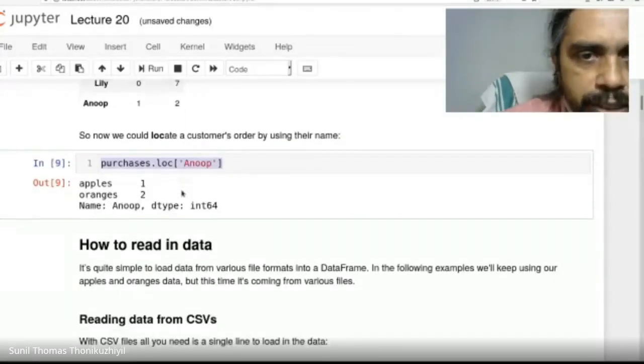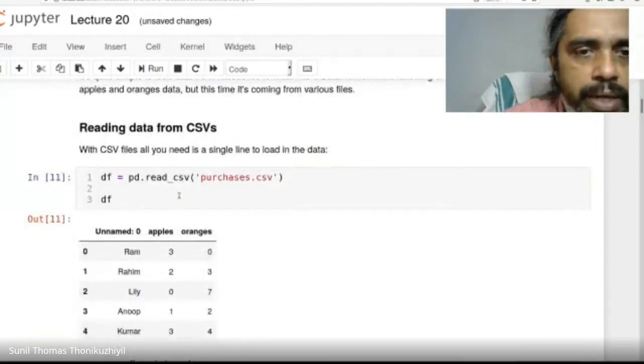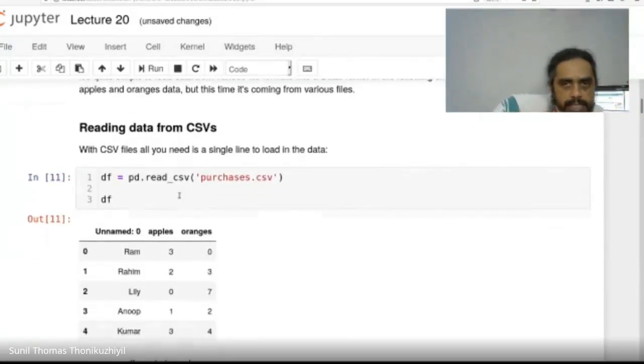Now, secondly, we looked at CSV files, or comma separated variable files. CSV files are text files which contain data. So if you look at the same thing here